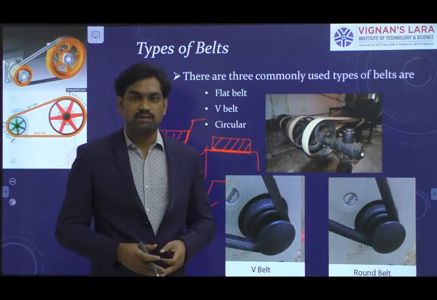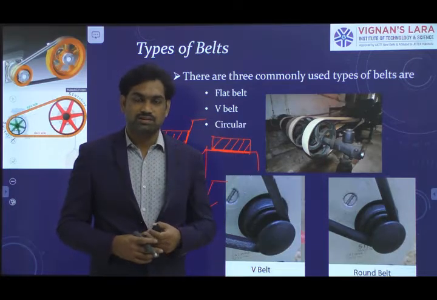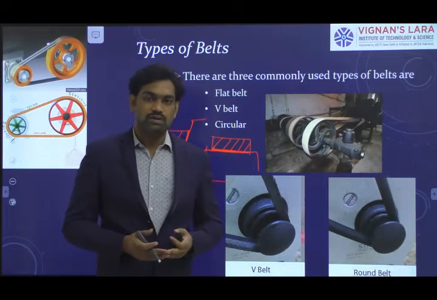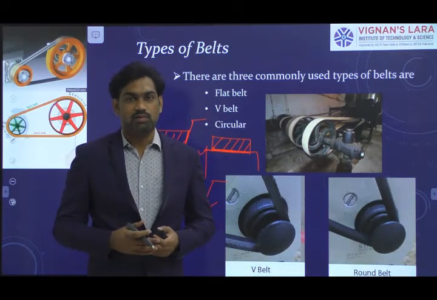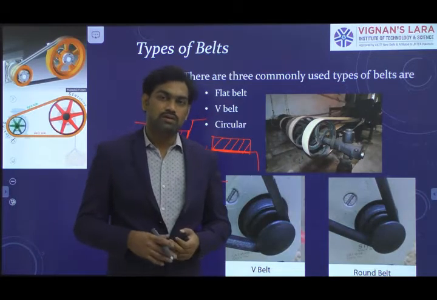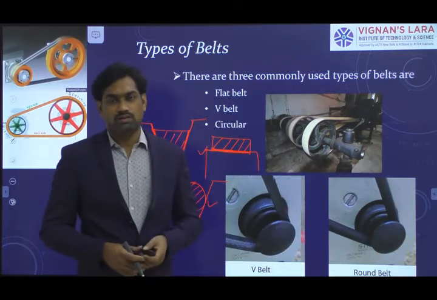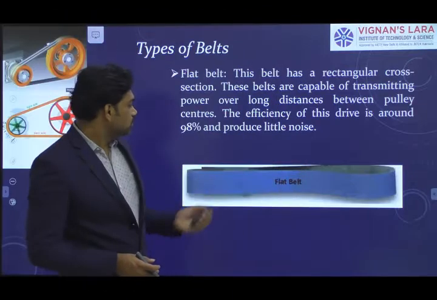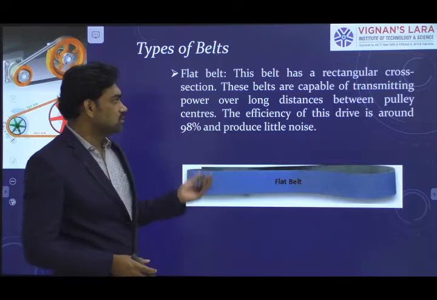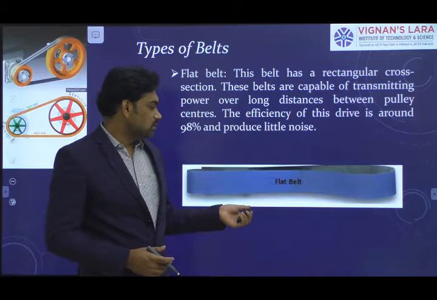So these are the basic, commonly used types of belts. One is a flat belt, whose cross section is rectangular, and another is the V belt, whose cross section is trapezoidal. The V belt requires grooved pulleys and has the capability to transmit greater power, so we can use it over shorter distances. And then the round drives, where the cross section is circular. Here are the types of belts again, presented with the diagram. The rectangular cross section is capable of transmitting power over larger distances. It is a flat belt.